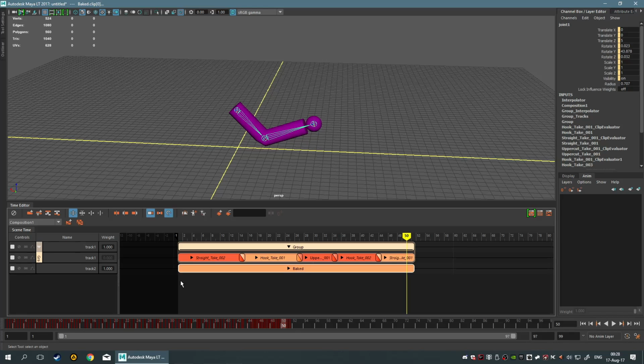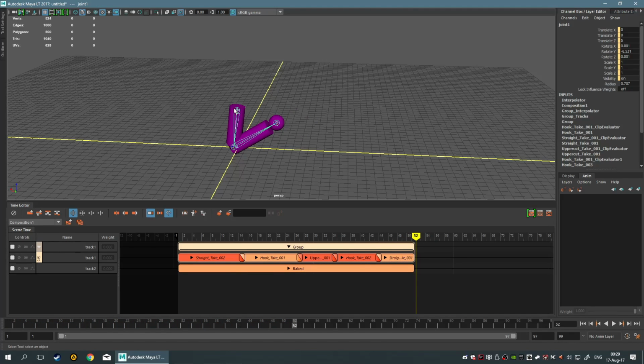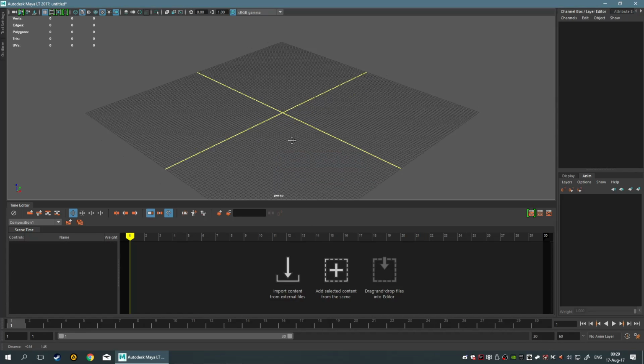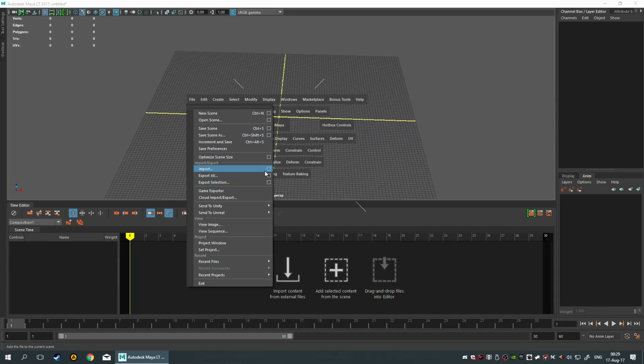Right. Unfortunately, now this exported only the clip. It did not actually export the data because now this is only a clip exportation. I'd have to actually select this and then export the whole thing with the animation on it. So let's just go ahead and take a look. If I go ahead and open a new scene now, not saving this one, right? And I try to import this. So if I import this,